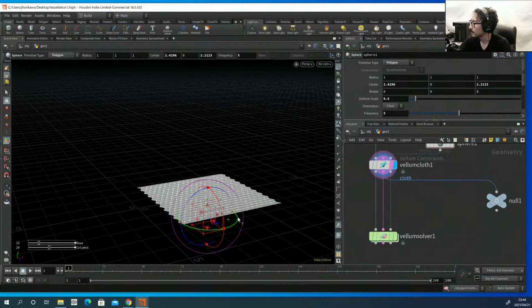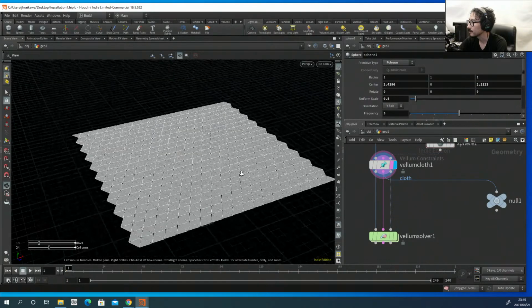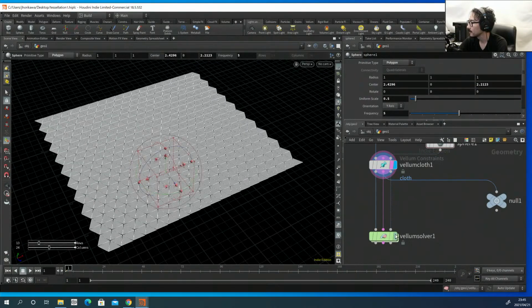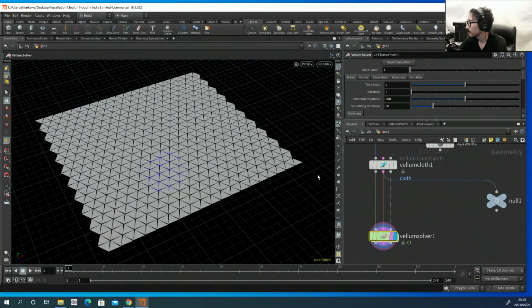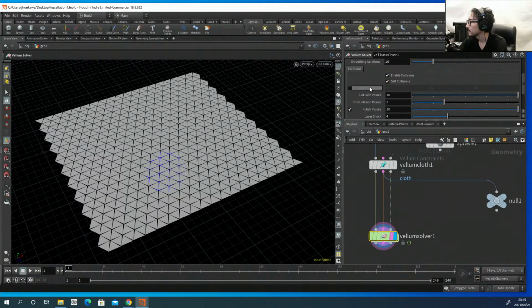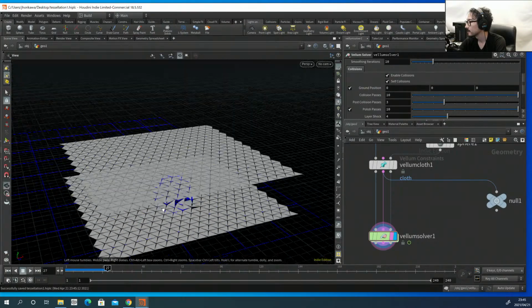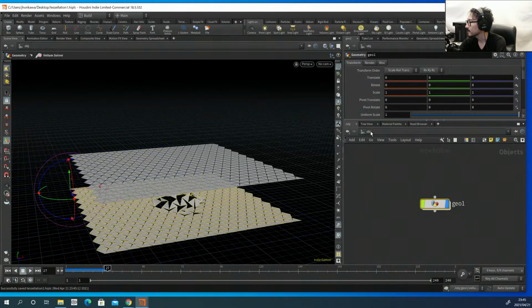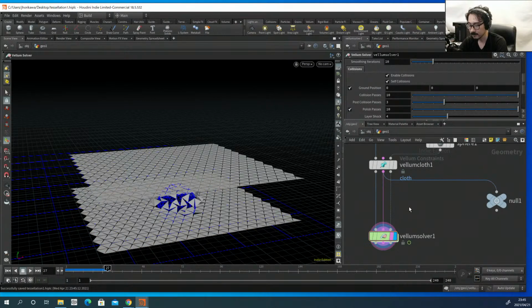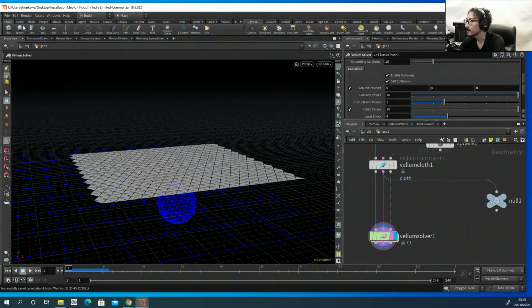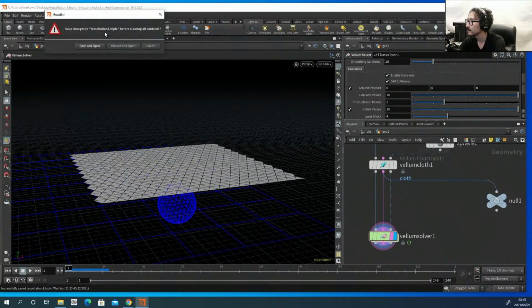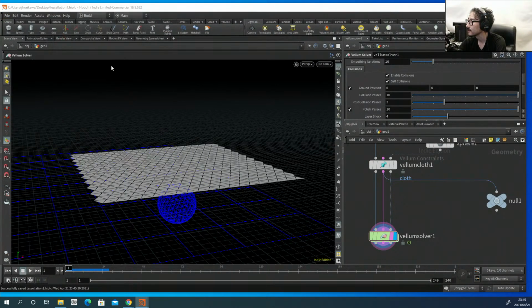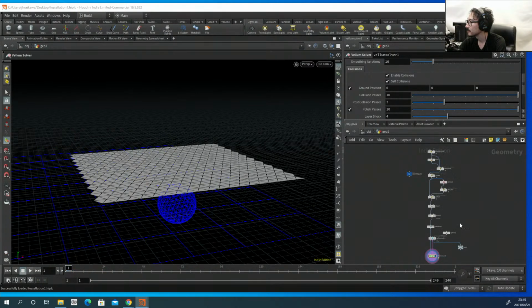Alright, so let's see what happens without tweaking anything for the Vellum. Okay, and let's also make a floor by checking this one, ground position to 0, 0, 0. Play it. Okay, I'm seeing the cache here again. Let me reopen the file so that I don't see the cache. I don't know how to delete this cache. Okay, now let's do this again. If I play it,